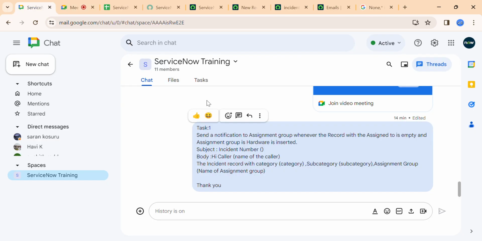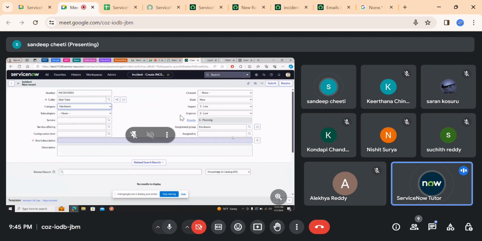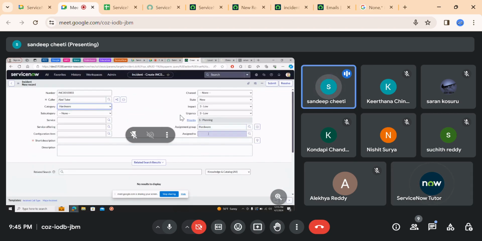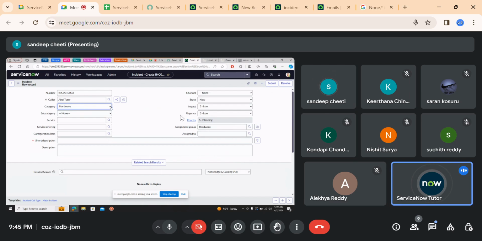The question is to send a notification with assigned to empty and assignment group hardware. You can keep any category, and the group is assigned to empty, but we don't need to change anything in the category? You can select anything. And you can fill the mandatory fields.